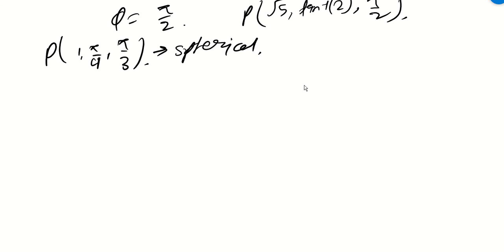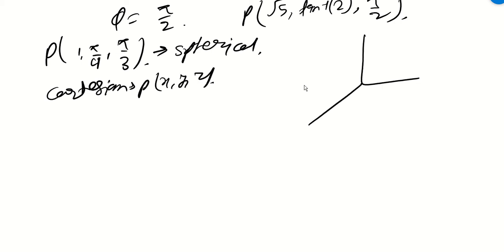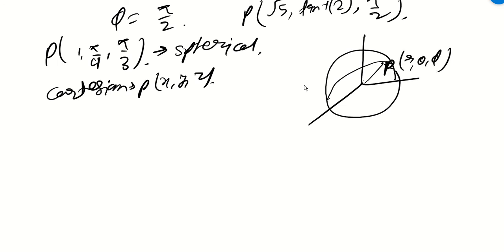So to convert this into Cartesian, we have to convert P in terms of x, y and z. So I had told you, suppose this is my sphere and a point P (r, theta, phi) is there. So this will be what? We had put a perpendicular, so this is my phi angle. So this is my x component, this is my y component, and this is my z component.